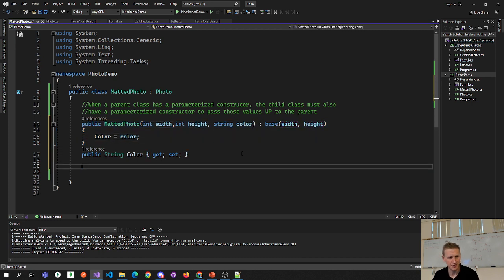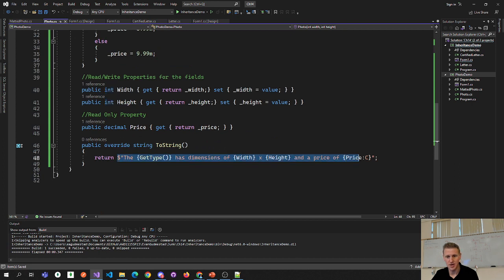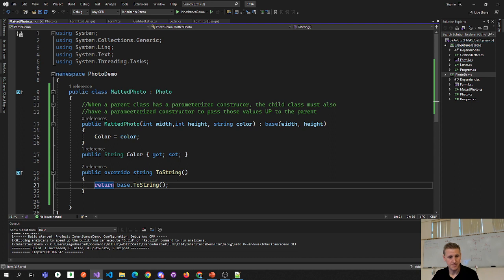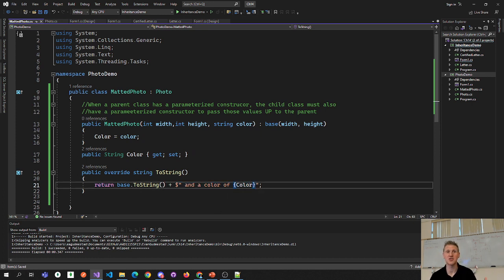Let's override toString. Public override toString. Now I am going to use the base toString. Get type has dimensions of width, height, and price. And I'll also say, and a color of color. So again, the base toString plus the color. Again, you got to make this not be a giant run-on sentence. This will say the matted photo has dimensions of this and a price of that and a color of that. So if this was your English class, you might be docked for a run-on sentence, but